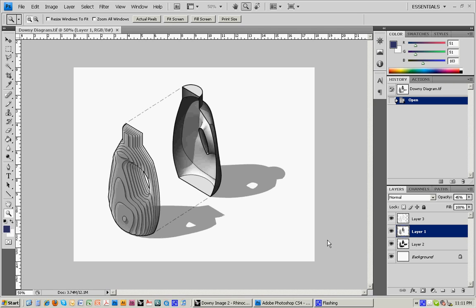Okay, so here I'm going to show a few techniques for outputting imagery from Rhino using really simple hidden line and rendering tools and then superimposing those in Photoshop. So what we're aiming for is an image kind of like this. It's a composite of